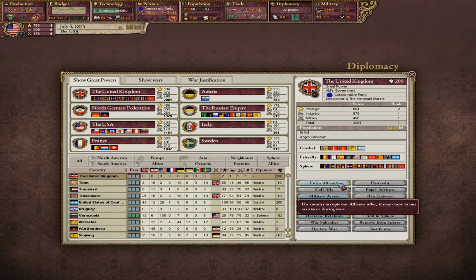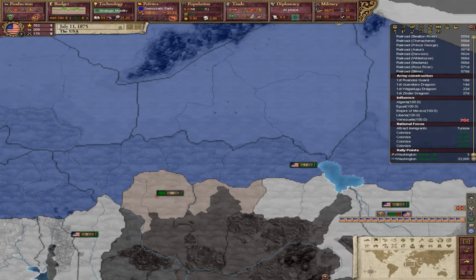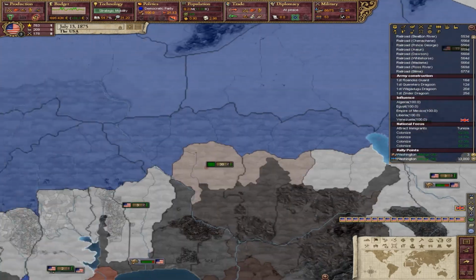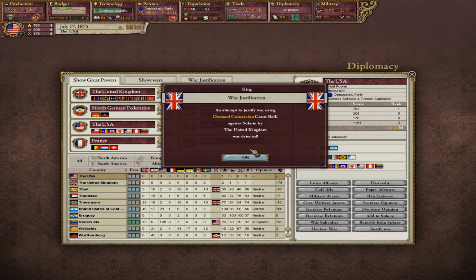Let's see the United Kingdom. Can we form an alliance with them? Impossible. I wonder why. I'm going to try anyway. Oh, they rejected our proposal almost instantly. Sucks for them, because we're going to be pretty badass soon. If you'll notice, our military power, even though they have about 500...